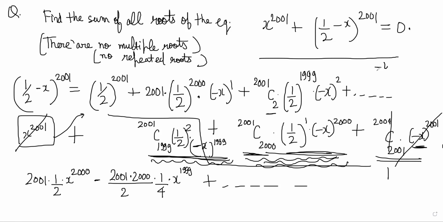Yes, sir. We need minus b by a. So when you do minus b by a here, this and this cancel, and you get minus minus plus, and you'll get 500, right? Correct. Yes, sir. What is another way to solve this problem? There is another way to solve this problem.